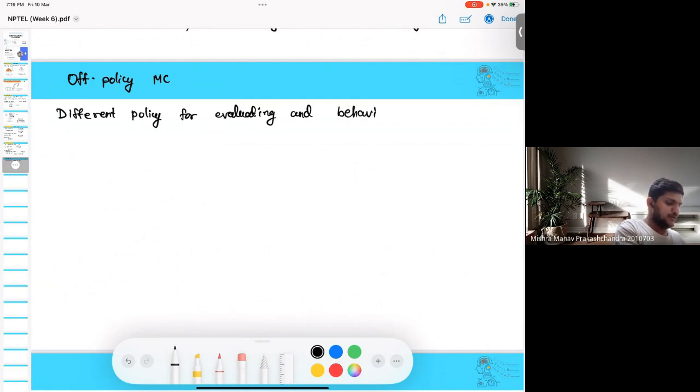Okay, so the trajectory that you have updated, you need not necessarily follow that particular trajectory. It turns out that you can follow some other trajectory and use it to evaluate some other trajectory. Okay, so the way it works is,